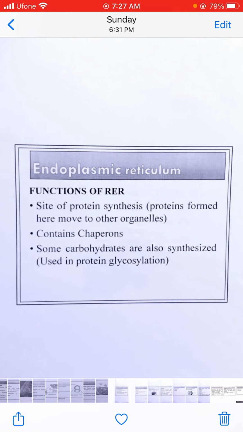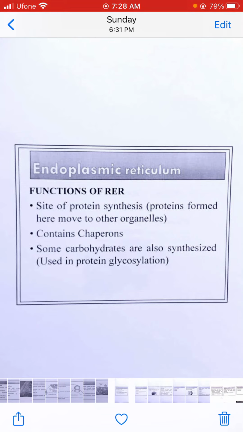There are some other types of proteins called chaperones that are also present in this endoplasmic reticulum. What are these chaperone proteins? These are heat shock proteins. If some of the proteins are going to be denatured by some of the effects of the environment, then these heat shock proteins protect them from being degraded. These can neglect the effect of the shock